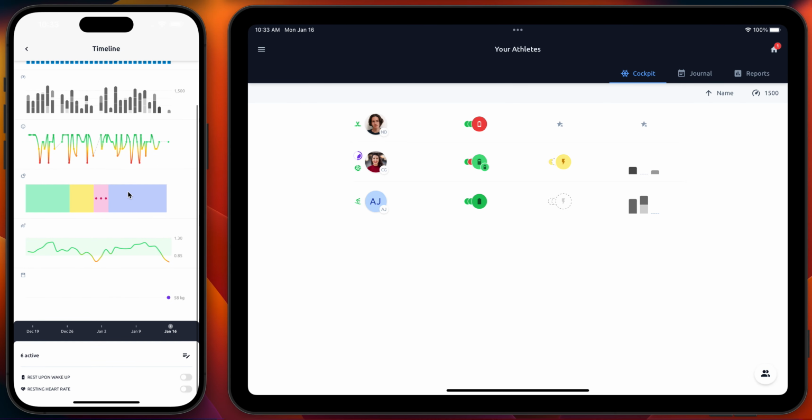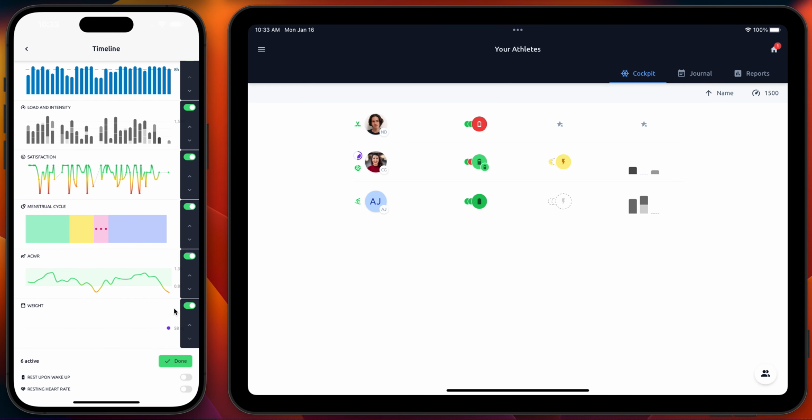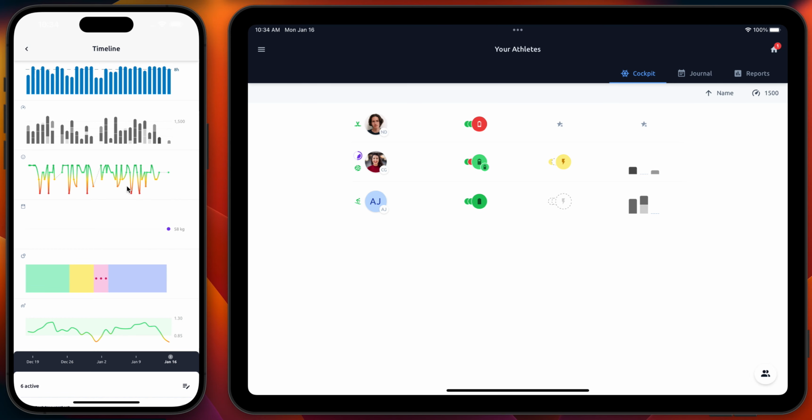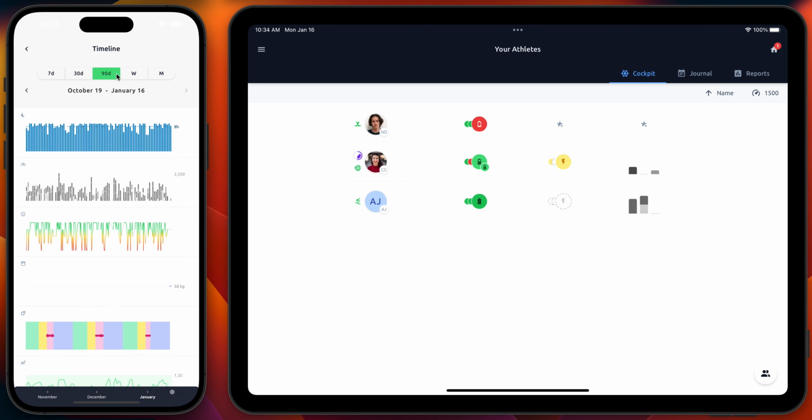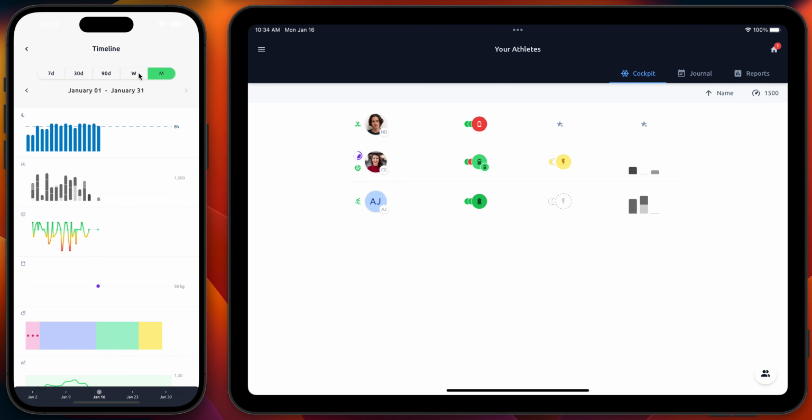If you're like Cindy, a woman that also wants to track the cycle in combination with intensity and training planning, we have the acute chronic workload ratio and other things which you can also adjust the way you need it in order to gain the overview that you're comfortable with. And that, of course, over different time periods, so you can look much further back into your past, but also just track the week or the current month.